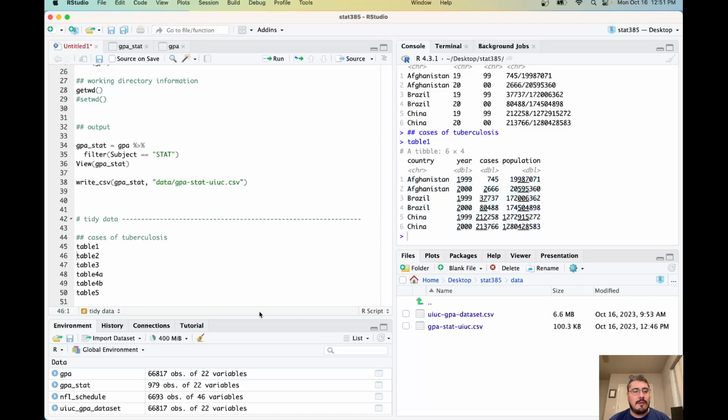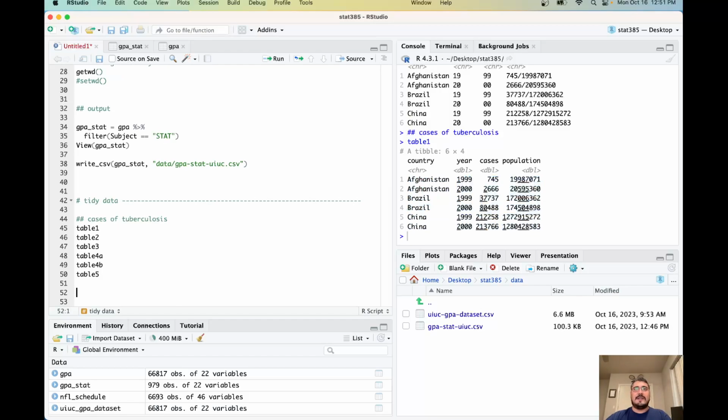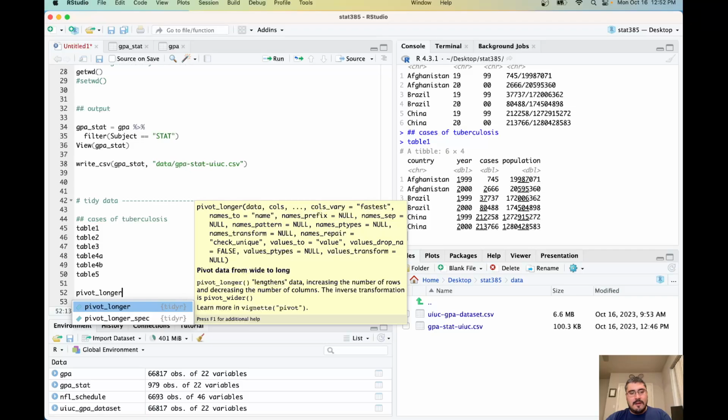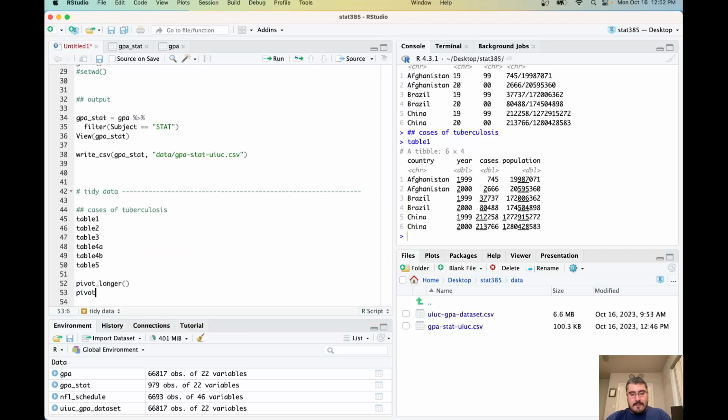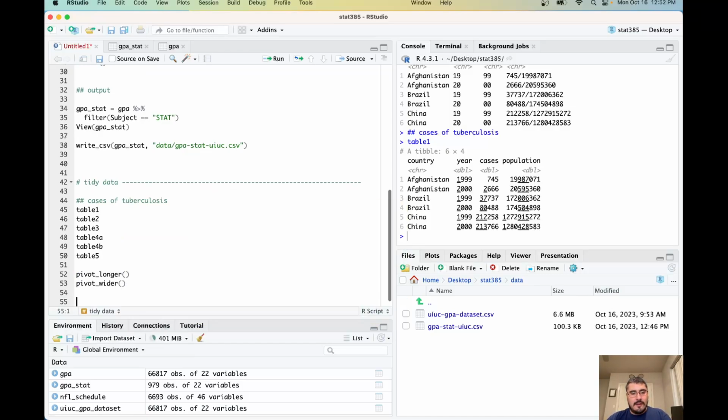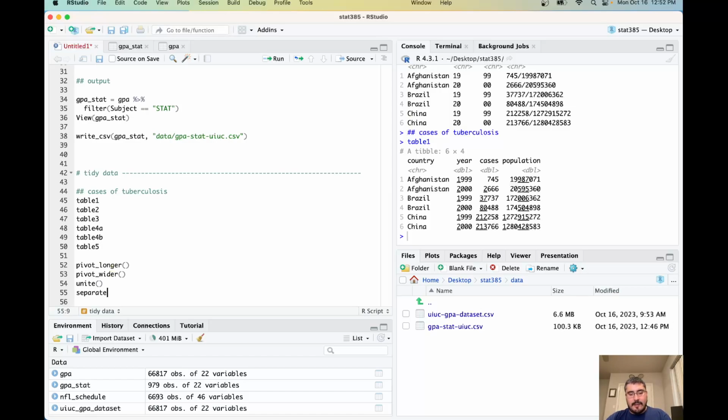The functions we are going to use to do this are pivoting: pivot longer, pivot wider, unite, and separate. These take tabular data sets as input,